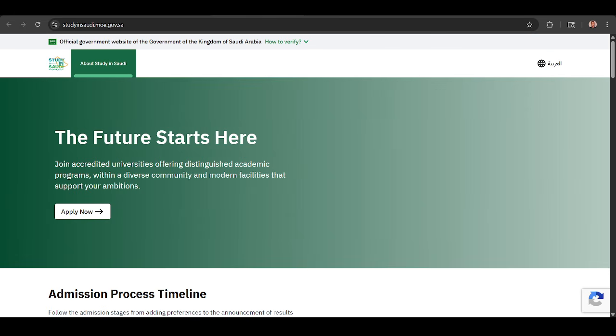So this is the Saudi Arabian scholarship, this fully funded scholarship, and you can search for scholarships here and apply for it. Likewise, if you want to apply for self-finance, you can also do it here. This is the main portal of the Saudi Arabian Ministry of Education, that means Wizaratul Ta'alim, Saudi Arabia.